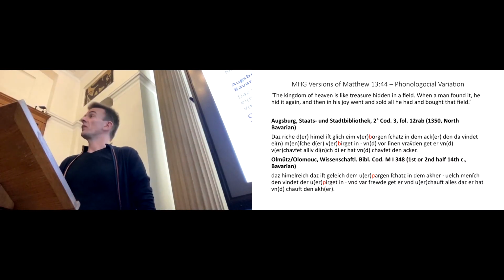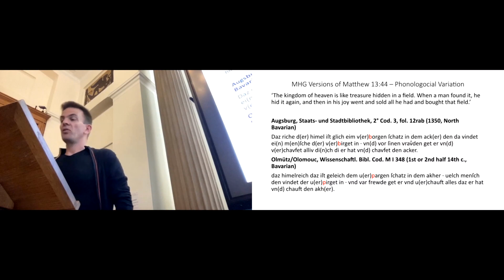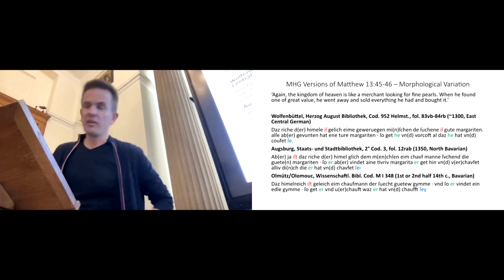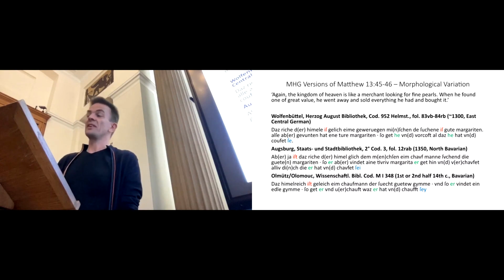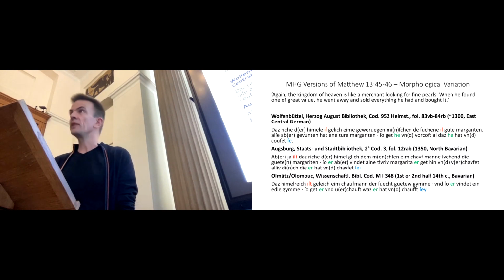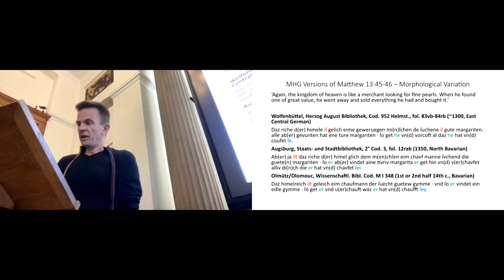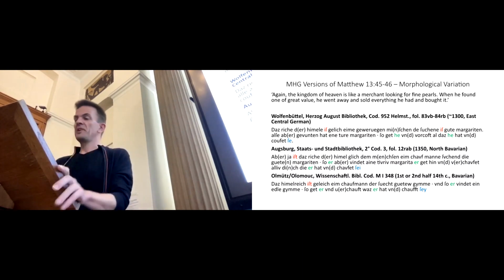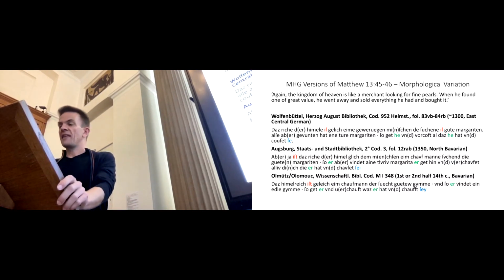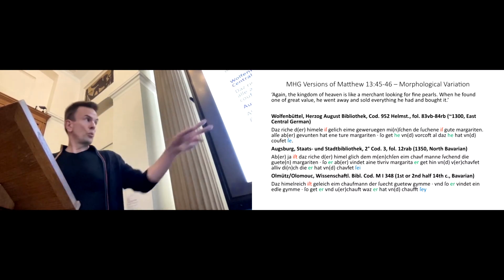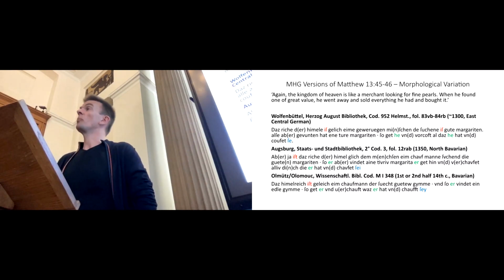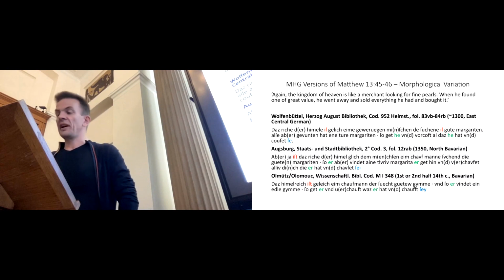The differences concern not only the sound and their spelling, but also the morphology. While the Wolfenbüttel manuscript has, without exception, is, as the third person singular present indicative of Middle High German sîn, to be, the other manuscripts have ist in red. The same distribution can be seen in the third person personal pronouns in green. In the masculine singular, he appears in the Olomouc manuscripts compared to er in the other versions. In the plural, which is in blue, Olomouc has sie compared to sî or sie in the Wolfenbüttel and Augsburg